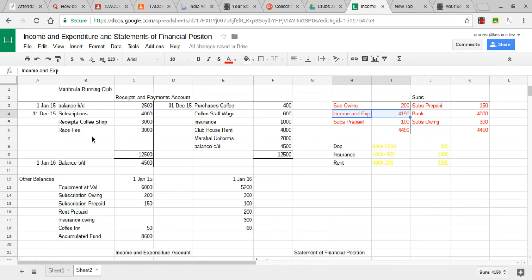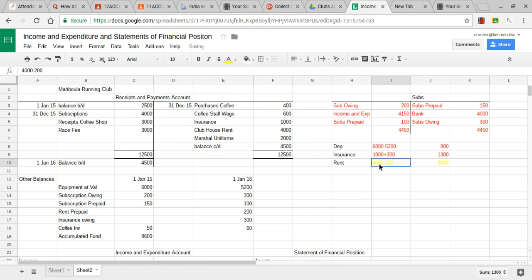Have a double check that no equipment's been bought or sold, and it hasn't. So all we need to do to find the depreciation is to subtract the closing balance from the opening balance, and we've got 800 depreciation. And then for the insurance, well, I know that my insurance expense was 1,000, but then I've also got some insurance owing, so that's going to be an accrual, and I always add my accruals. So I'm going to do 1,000 plus 300,